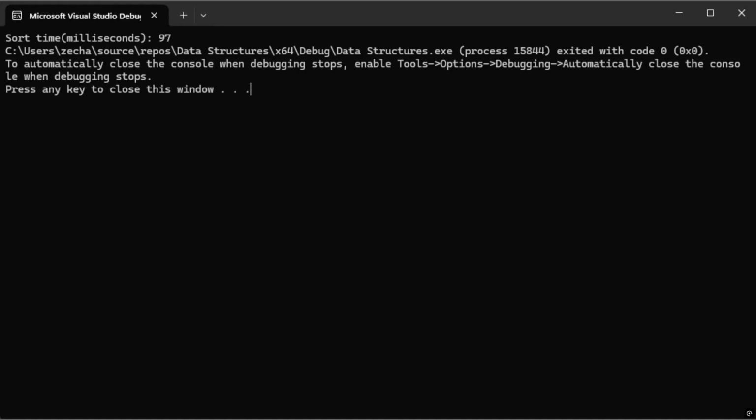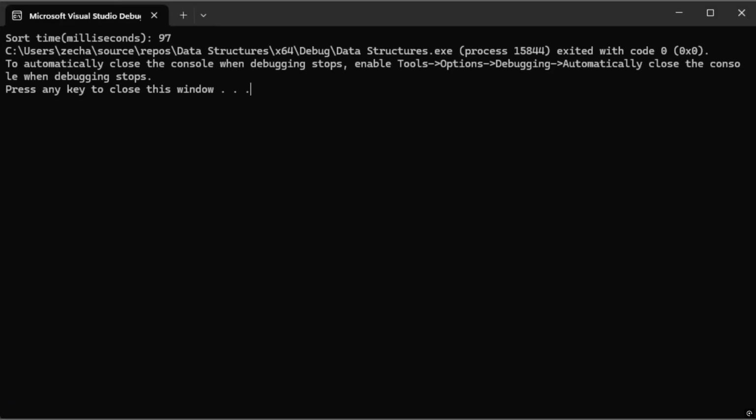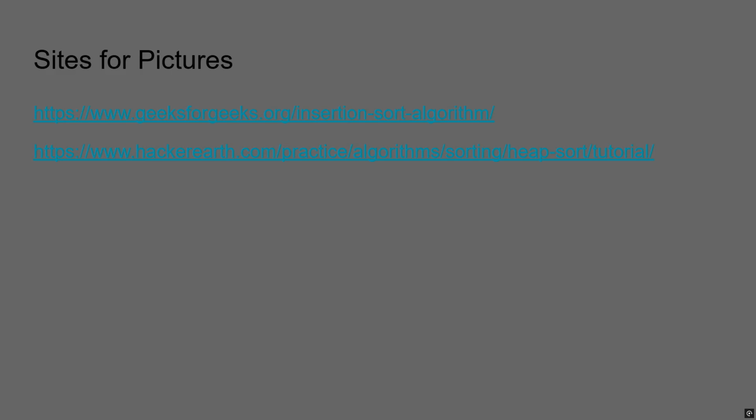And it will be much faster, and this should be a more consistent time for the heap sort, if I'm correct. Yeah. And that will be my